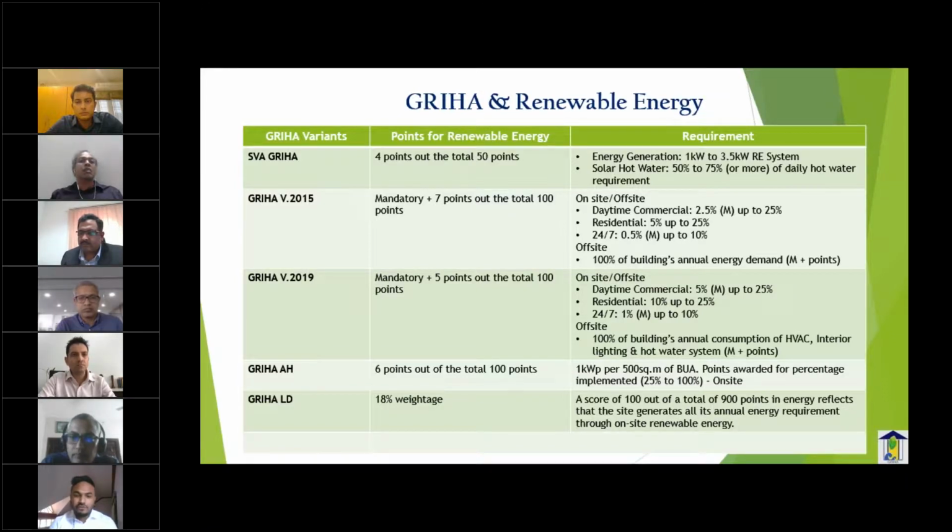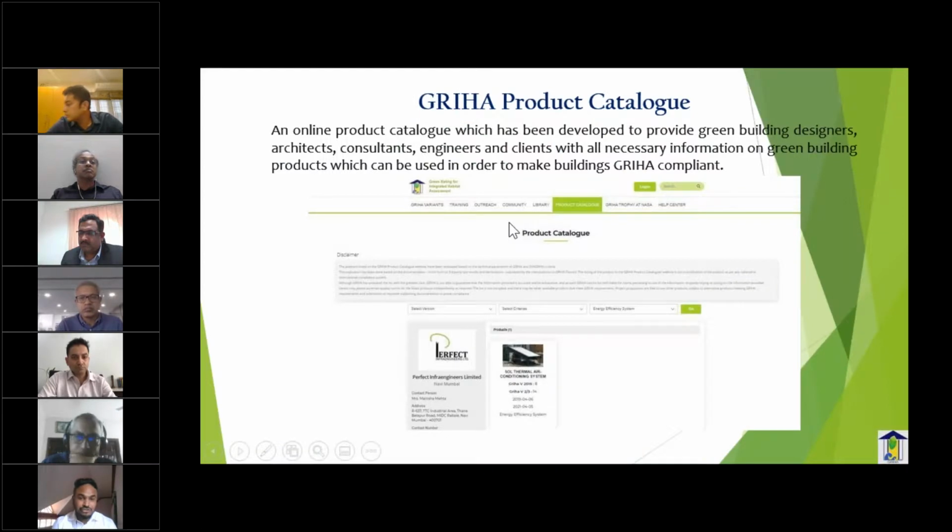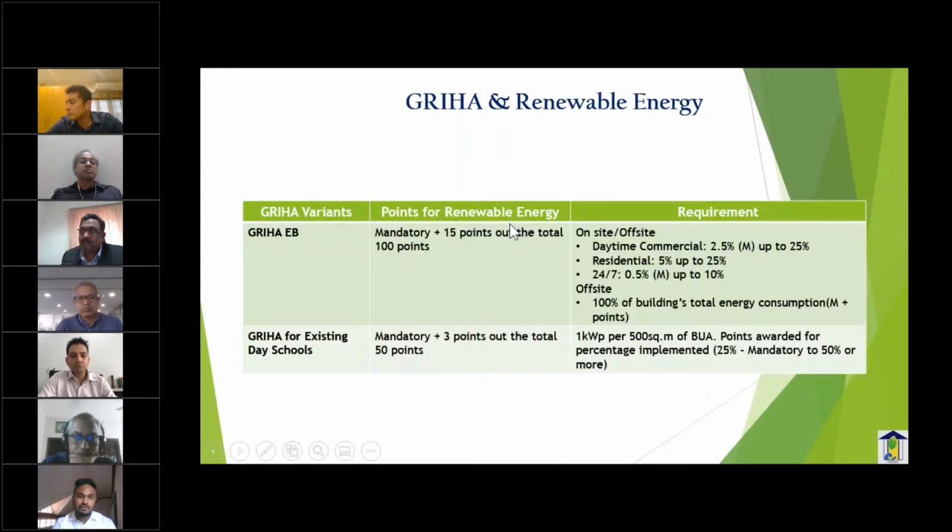So GRIHA for affordable housing is where we have attributed 6 points out of the 100 points. And then we have GRIHA for large developments, where about 18% of the total weightage has been attributed to renewable energy. Moving on with respect to existing buildings too, we've ensured that this renewable energy concept has been integrated into the rating system. Here it's mandatory, and you get 15 points out of the 100 points in case you're going with renewable energy. So these are the various ways in which GRIHA is ensuring that whatever policies of the government are,